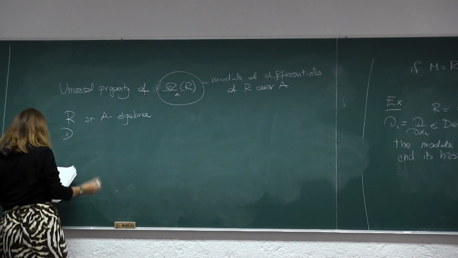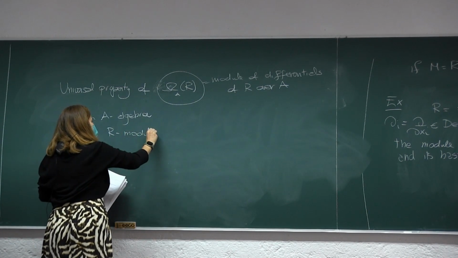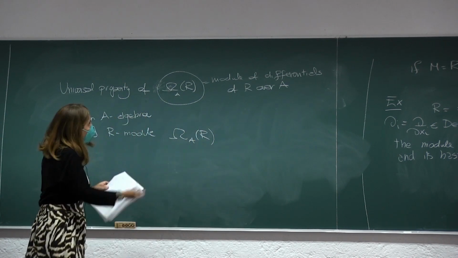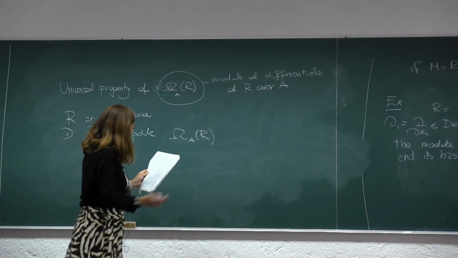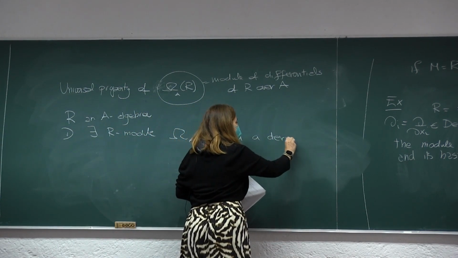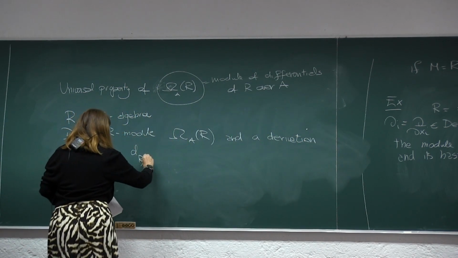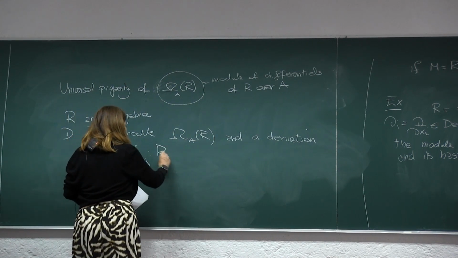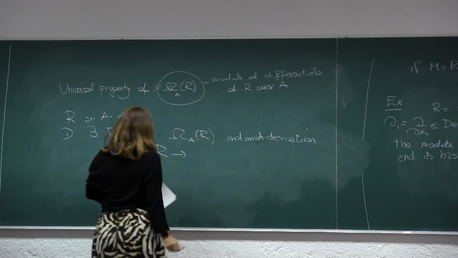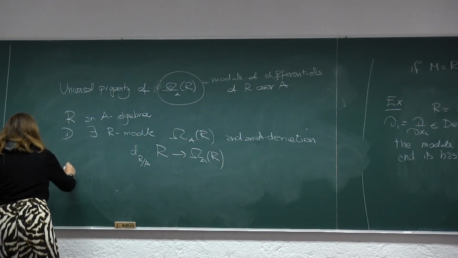And so first we claim that there exists an R-module, which we call, as I called it here, Omega R over A, which is called the module of differentials of R over A, and a derivation that goes with it. Okay? And the derivation, we denote it often d R over A, and it goes from R, an A-derivation, to Omega, such that,